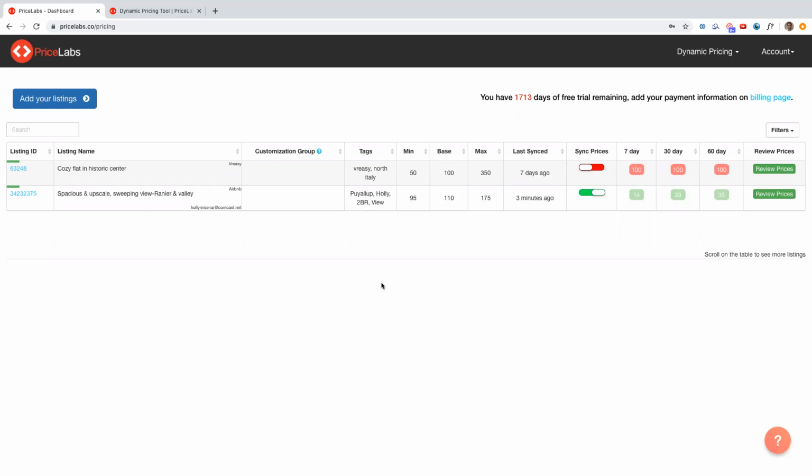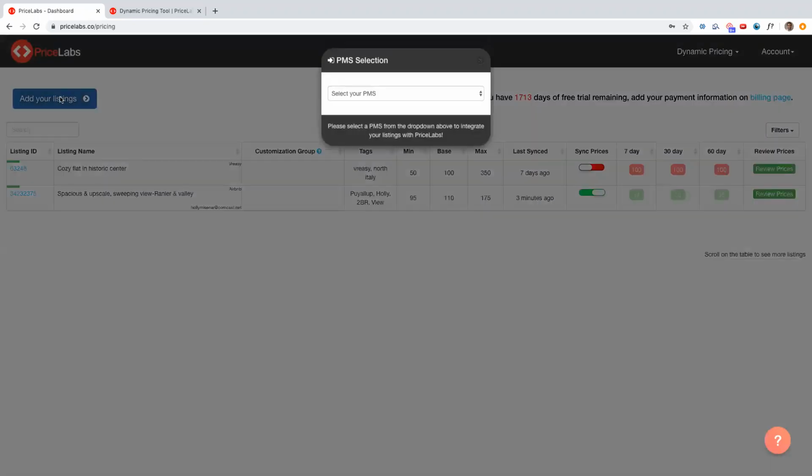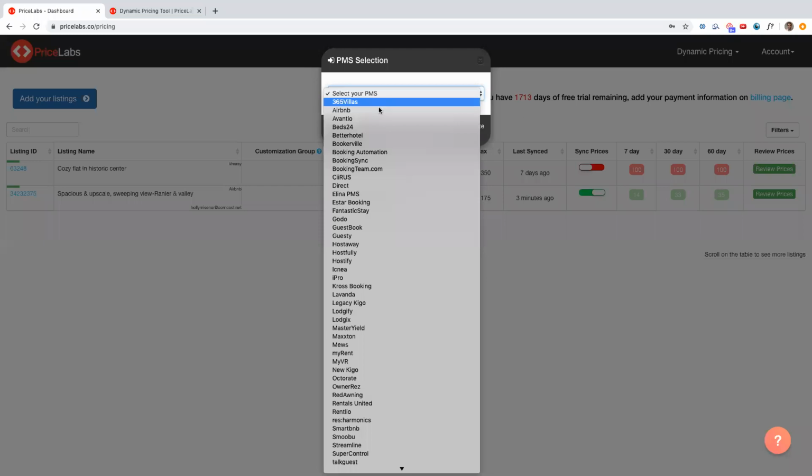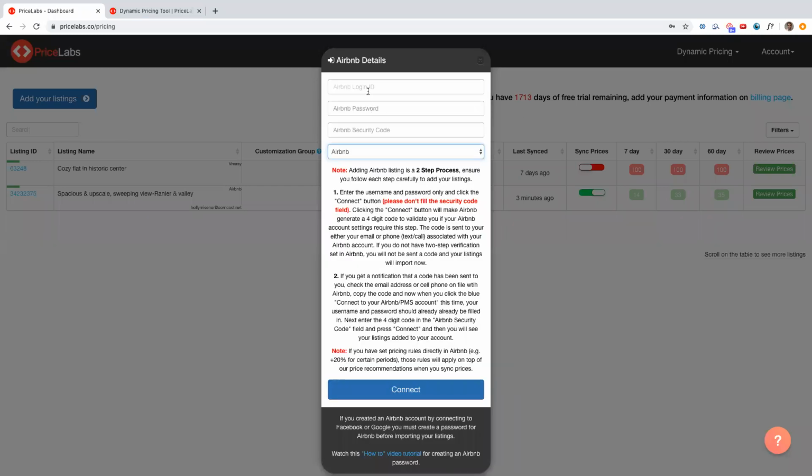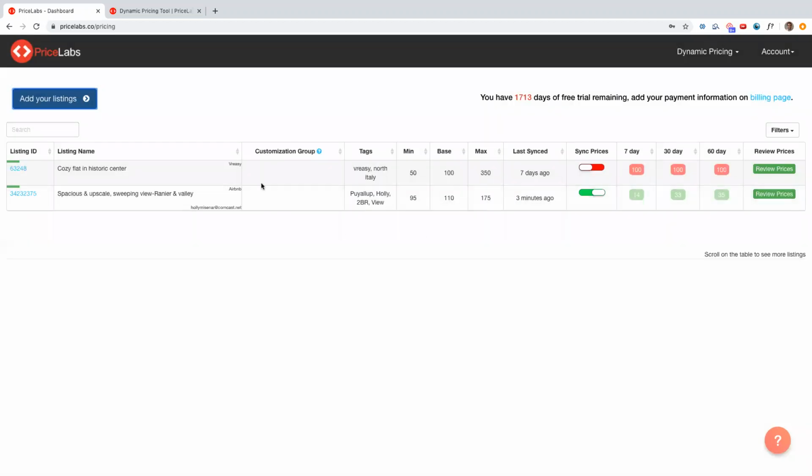So the first thing you'll want to do is go up here to this Add Your Listings button. In this dropdown, select your PMS. If you're going directly with Airbnb, select Airbnb. It'll ask you for your login ID and password. After you click connect, we'll send you this 4-digit code from Airbnb, this security code. Type that in, click connect again, and you'll see all of your listings pulled into